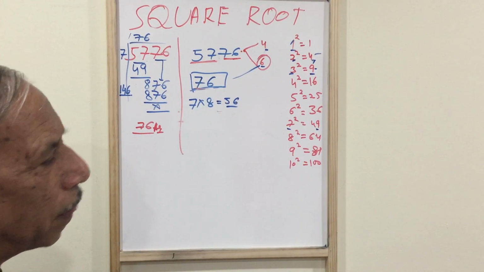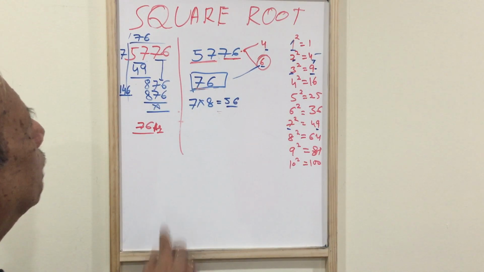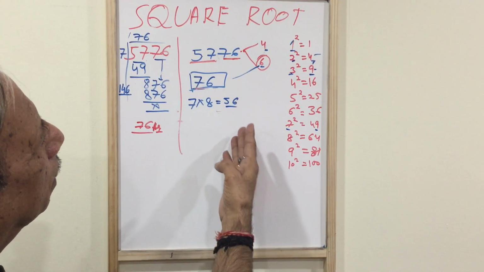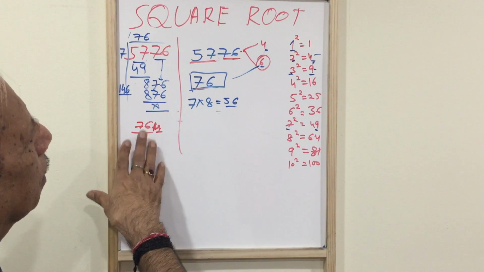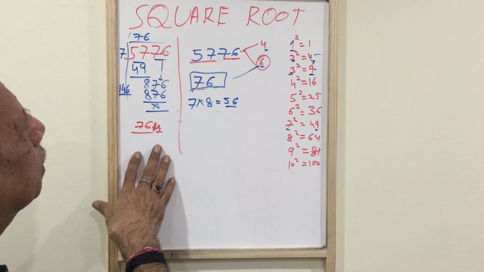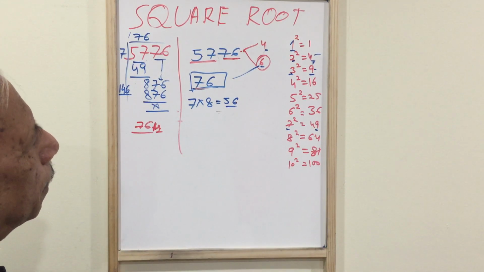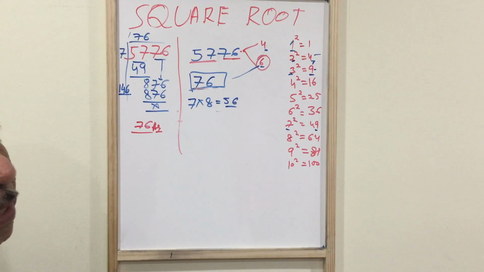So we found the square root of the numbers by the traditional method and the fast trick method. It will take around 3 to 4 seconds, and the traditional method is the one adopted in CBSE and NCERT during exams. So you can select any of the methods as per your requirement.